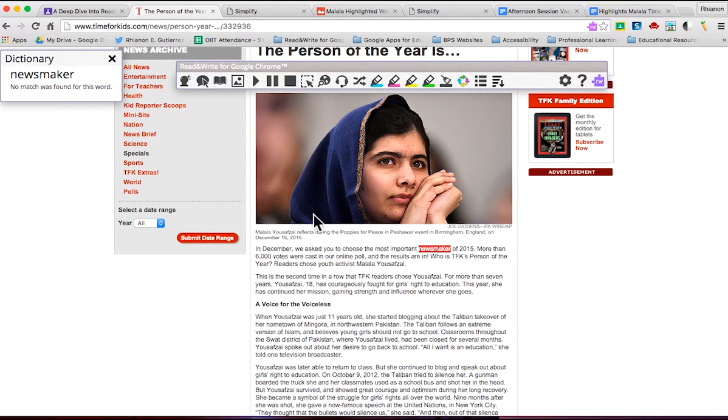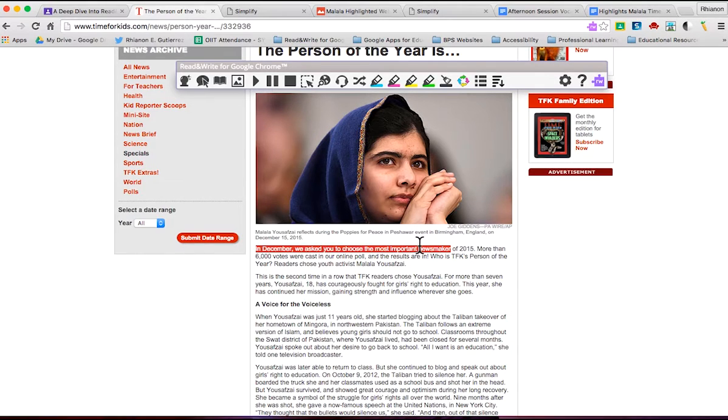It says no match was found for this word. In some cases, some words are not in this dictionary, and this is a dictionary that is part of Read and Write. So let's say that I cannot find it in the dictionary. Another way that I can look up that word is by using a feature called Fact Finder.